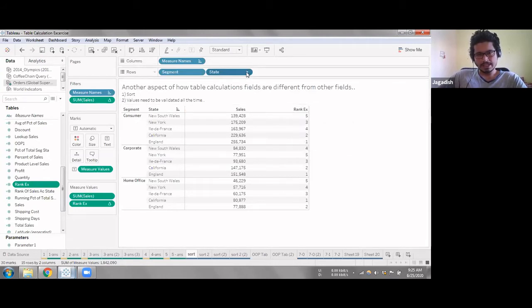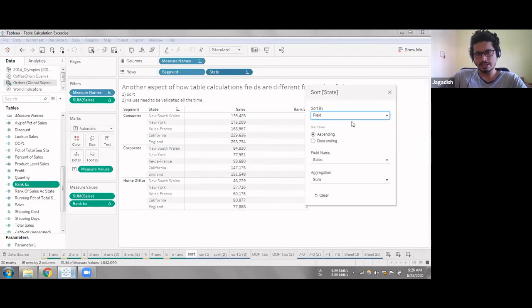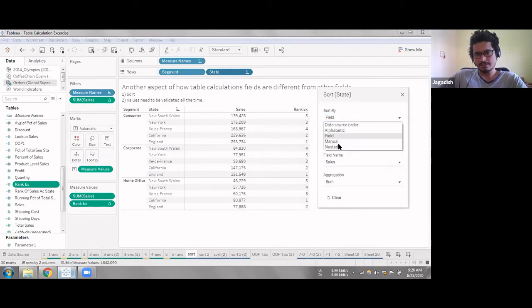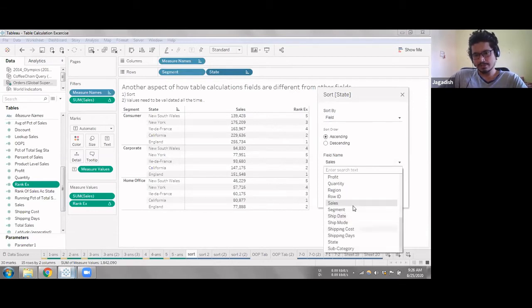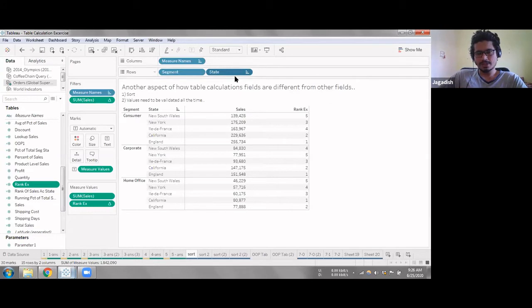Tableau understands that, and it will not show the sales rank in the sort field here, in any case, because sorting is an operation that defines your view, and table calculations can only come in once your view is fixed. If your view is not fixed, table calculations cannot enter.